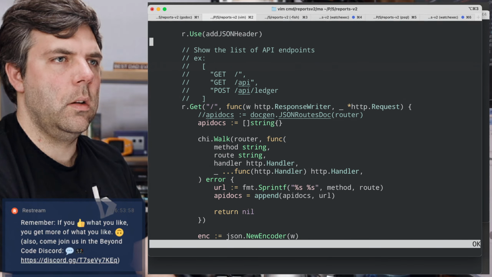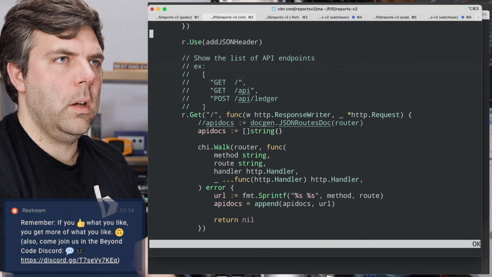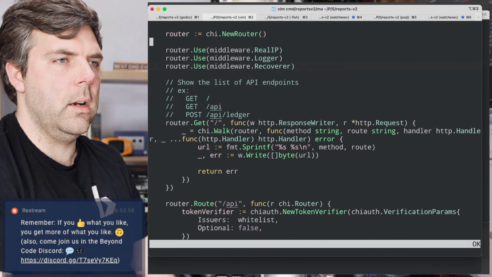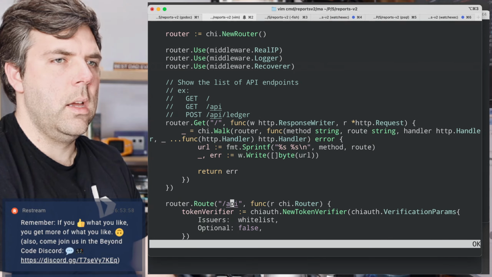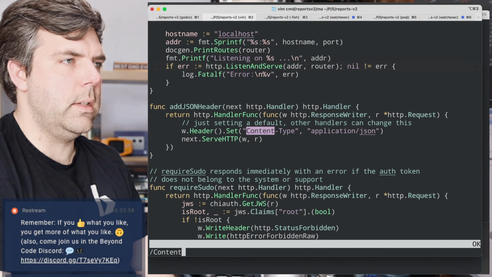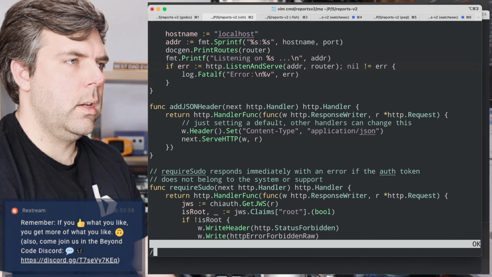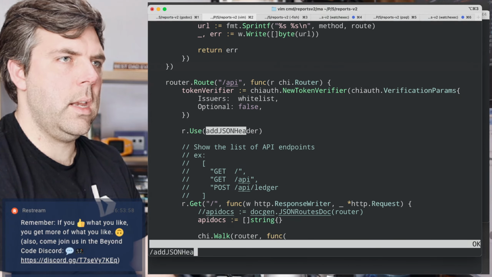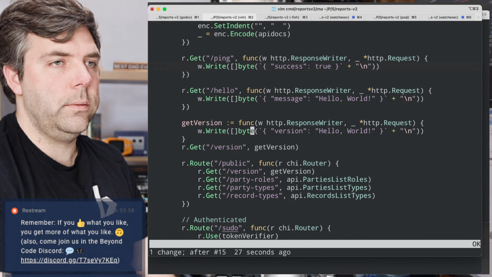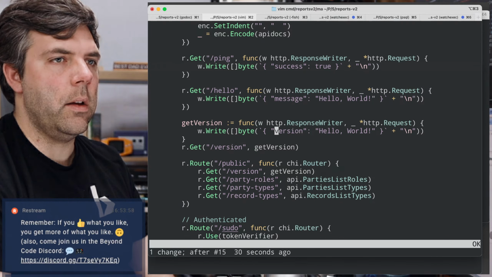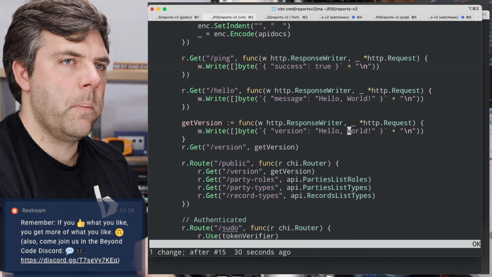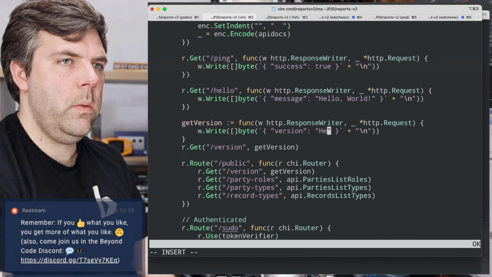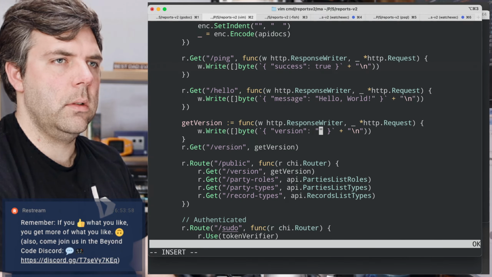Hold on. Everything under API, I'm pretty sure the content type is set to JSON. Yeah, add JSON header. Everything under API gets the JSON header. So I could change the header and say text plain on this one, or we could just make it really well formed. I don't know.